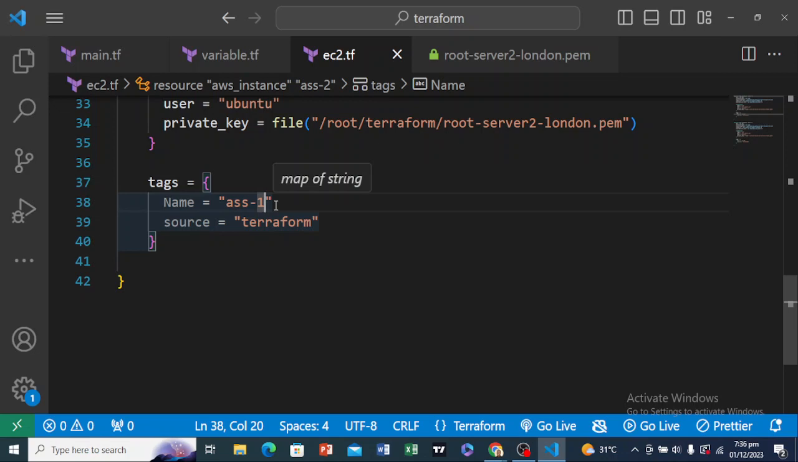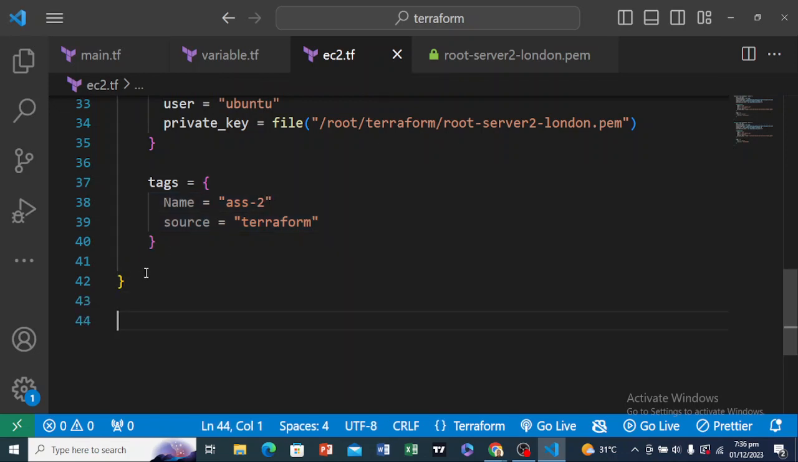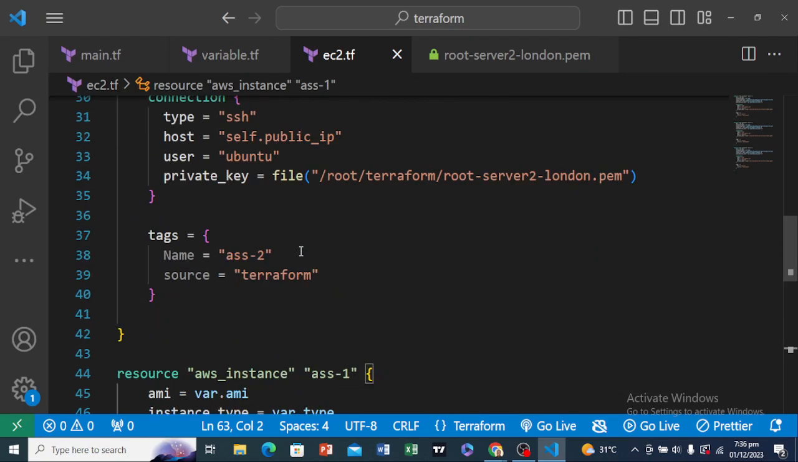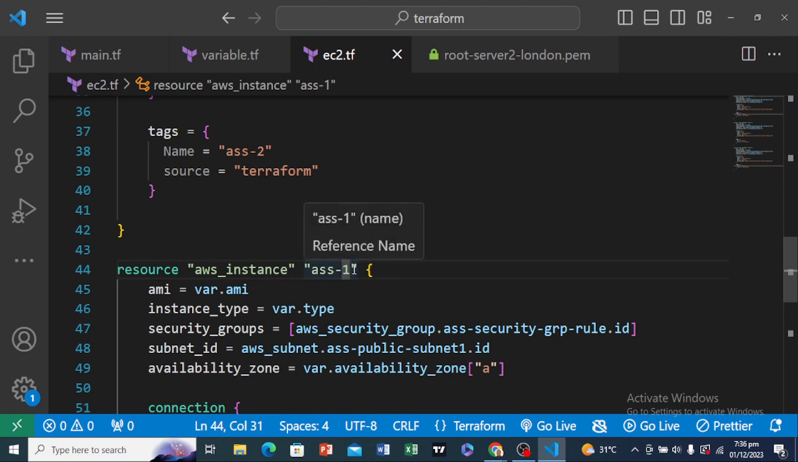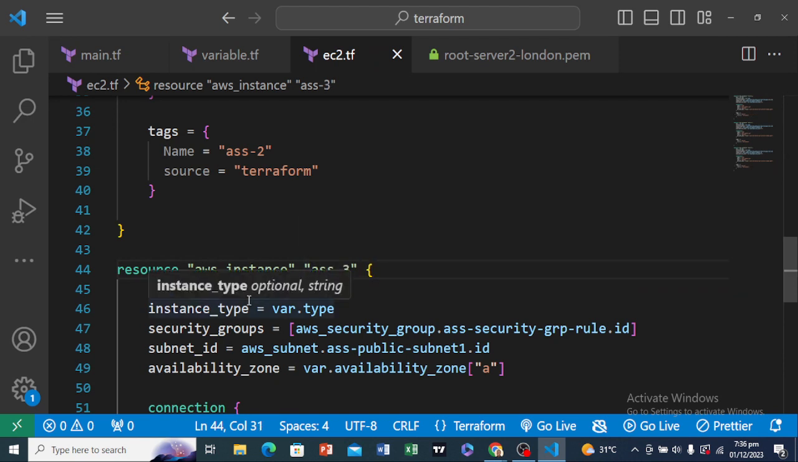So instead of as one, we're changing this to assignment 2. Same thing again we'll do for the last instance. Exactly the same thing we'll do for the last instance. Control V again. And we'll be changing this to 3 instead of 1. Scrolling down. Mentor,